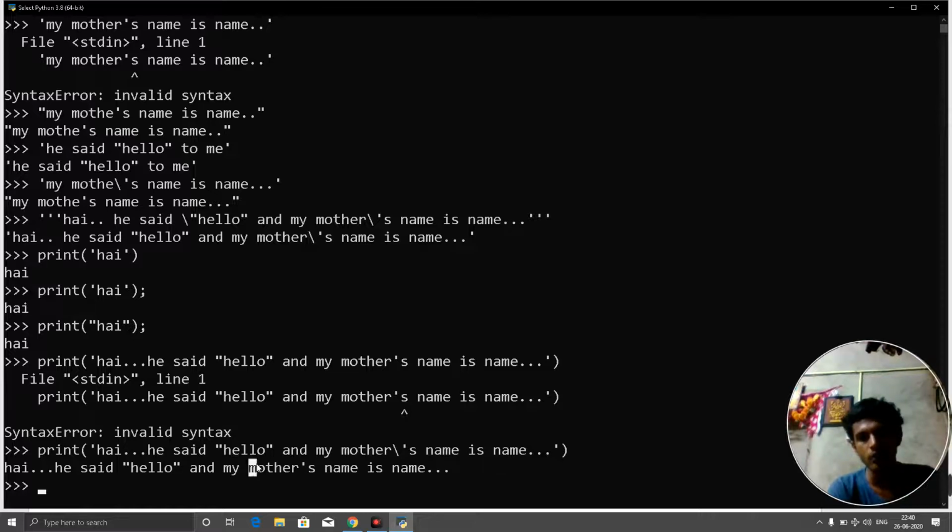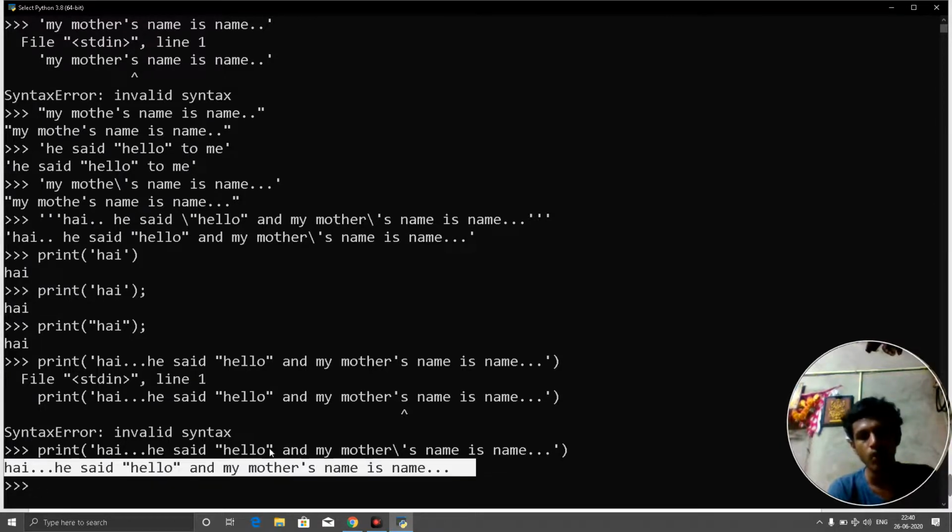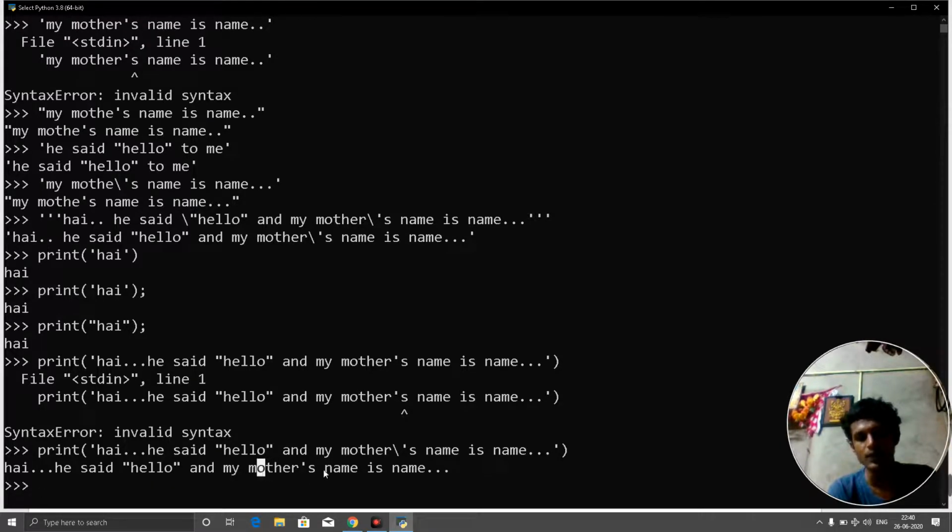But when we use the print statement, you can see this is our required sentence because it contains both the double quotes as well as the single quotes. That means this kind of well structured sentence can be made by using the print function.